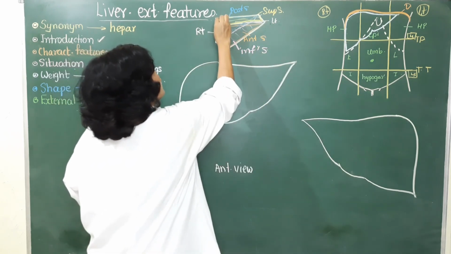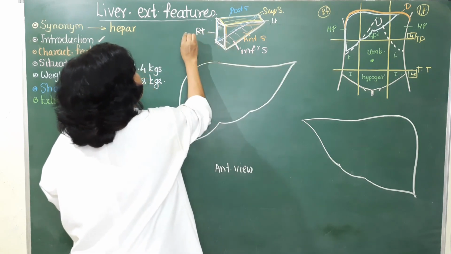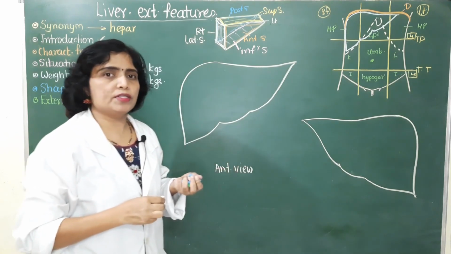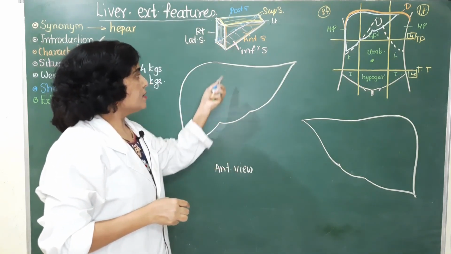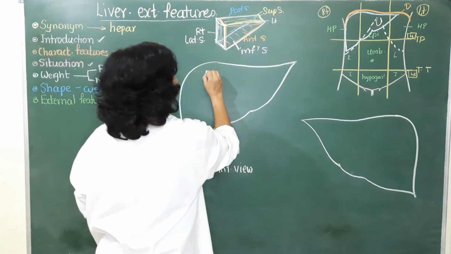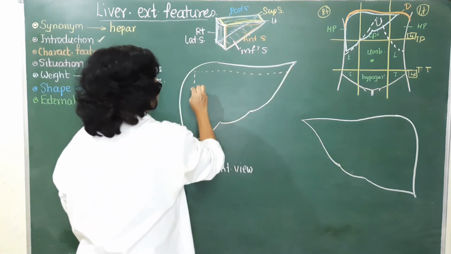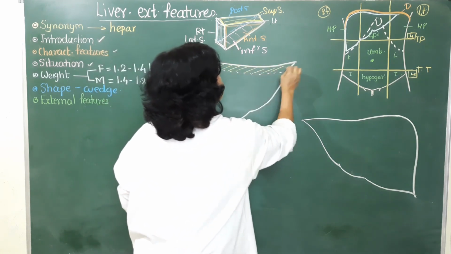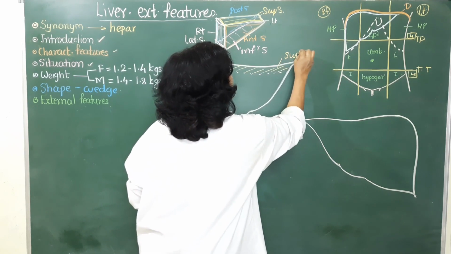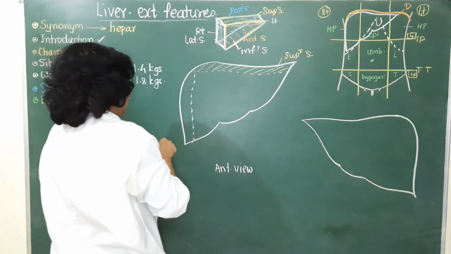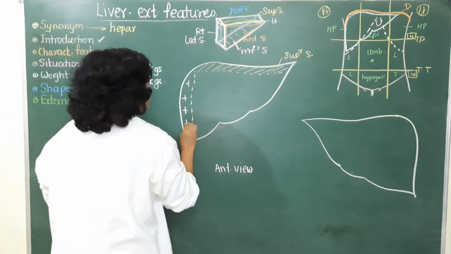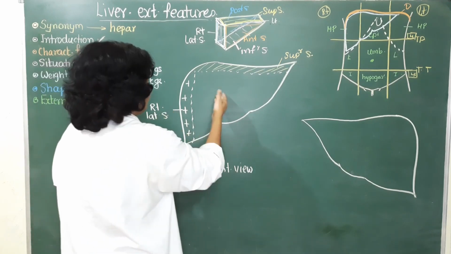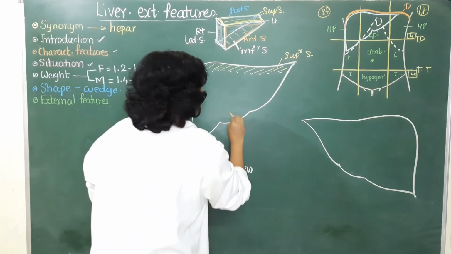and this is the right lateral surface, or also called the right surface, which forms the base of the wedge. So to compare the surfaces, here we will draw the line like this. Here this surface is the superior surface, while here this is the right lateral surface. Left over part is the anterior surface.